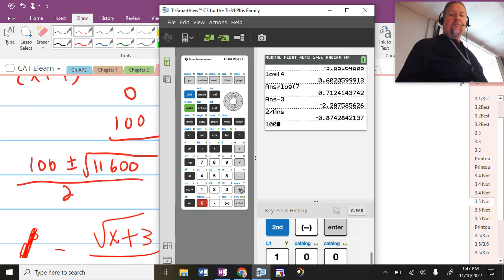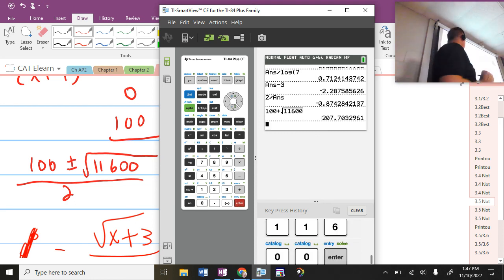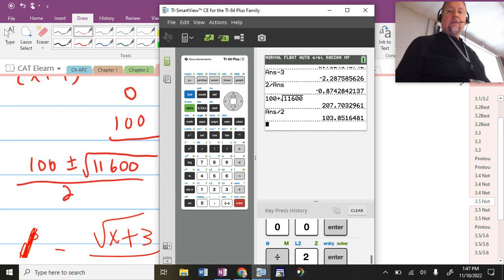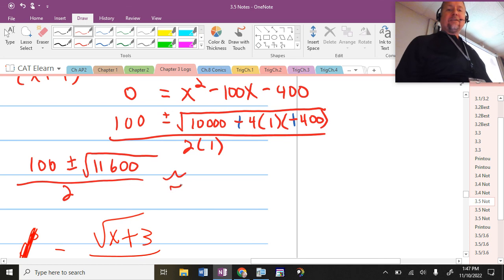100 plus the square root of 11,600. I don't care about simplifying this radical when the numbers are this big. And then don't forget, I hit enter on the numerator, then divide by 2. Do not forget about dividing by 2. Okay, then I'll show you how we check our answer. Are you nuts, Mr. Samuels? So that was